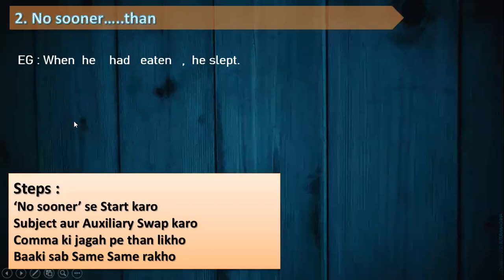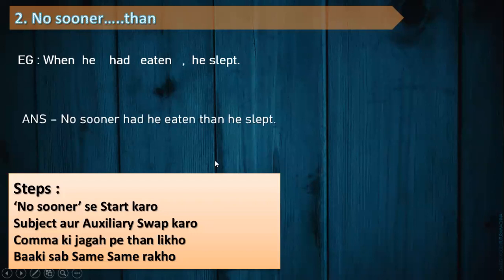Now we can spot here, there is a conjunction. Which is a conjunction? Come on. In this given sentence, which is a conjunction? Exactly, the WH word, when. Now the simplest thing that we have to do is remove that and start the sentence with no sooner. And then the next thing that we do is the subject and auxiliary swap. So anyway, we are going to go step by step.